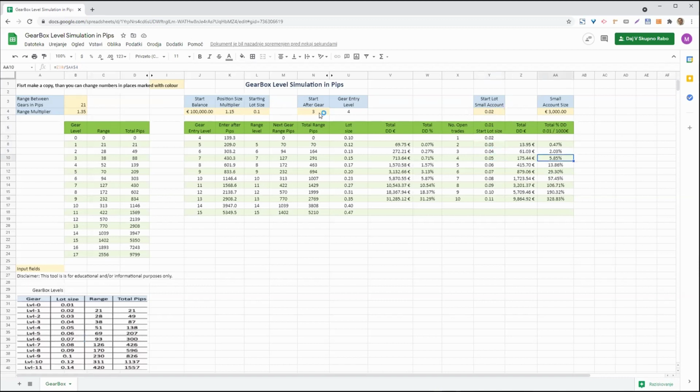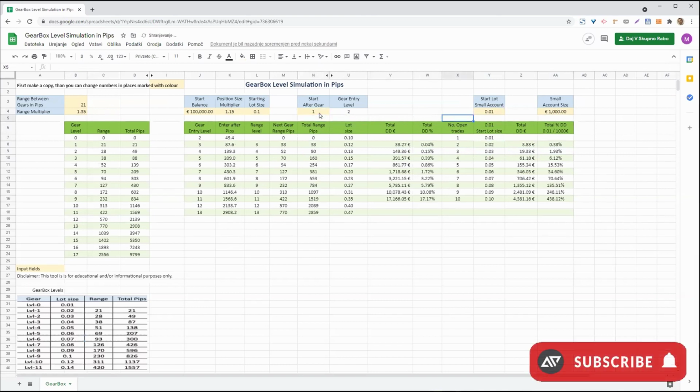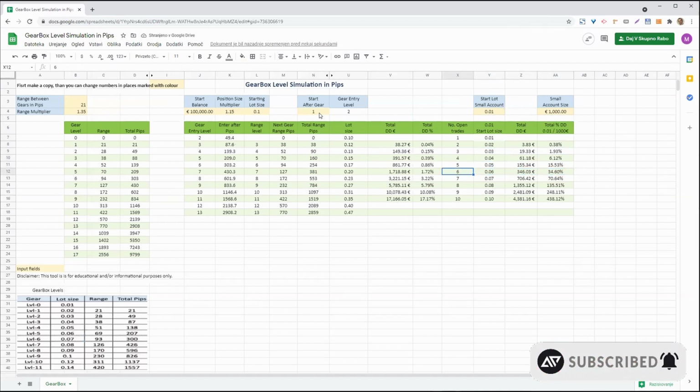So in this case, if I change to basic for smaller size, 1,000. In this case, I want to show you that if we enter, I don't know, after level 1, we see that we are on level 6, just on 34% of drawdown, or 346 euro dollar. So if we enter faster, it's smaller drawdown, then we have more open trades, because the range between next, here